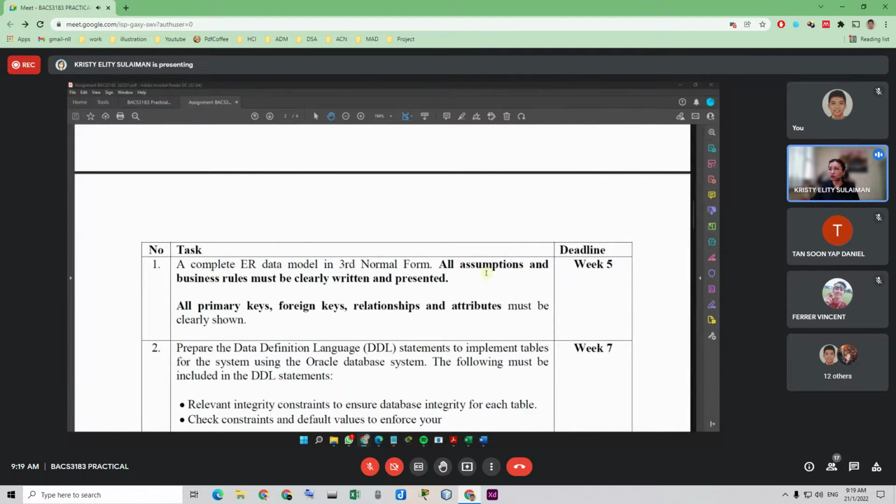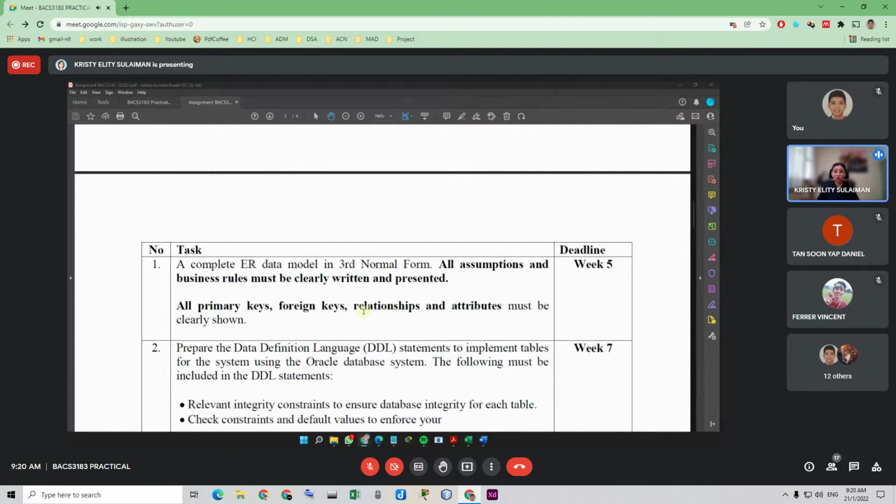The bold font here, you need to take note of. All assumptions and business rules must be clearly written and presented. You need to explain the business rules for your database. Also your primary keys, foreign keys, relationships, and attributes must be clearly shown.